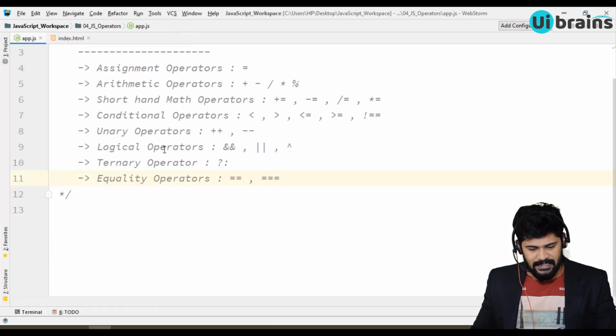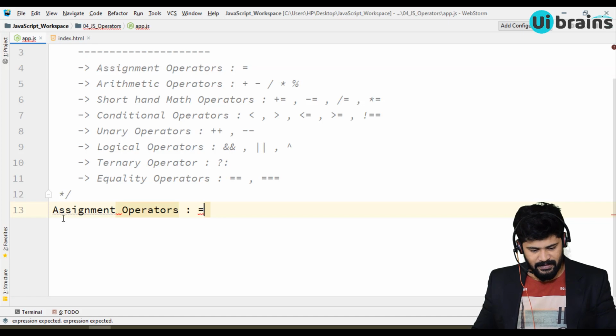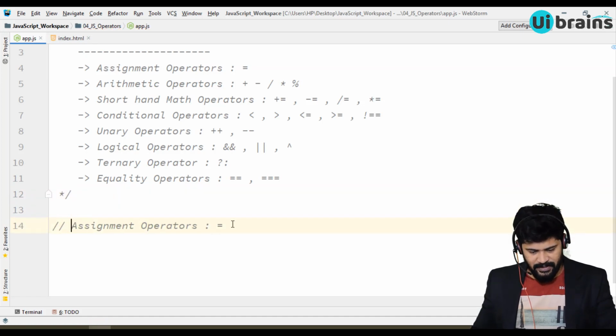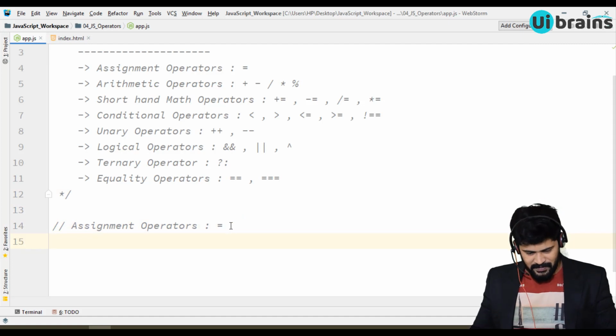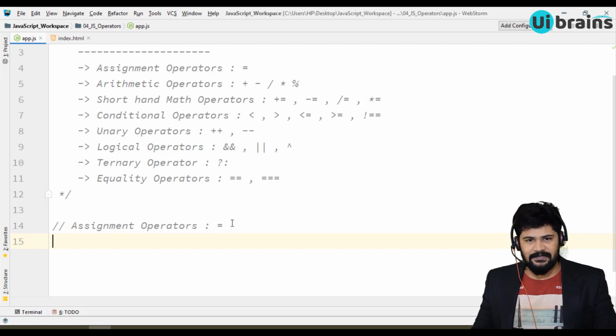First of all, I'll start with the assignment operator. Let's make a comment here: assignment operator. We have already learned this. When you declare a variable, we use the equal symbol, right? This operator is used to assign some value to a variable.